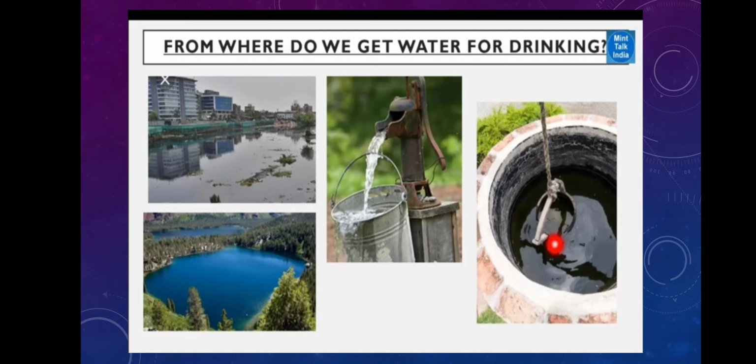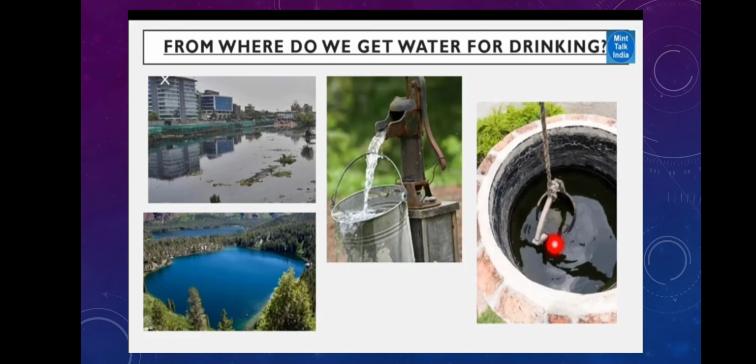Here are some pictures given over there. These are the several sources of drinking water. A few persons are using river water or the pond or the lake water for drinking, but both these waters are gradually becoming dirtier, polluted. We can use the tube well water or the well water. So these are the natural sources of water, the rivers, lakes or the pond, and hand pumps and the wells are the human made or man made sources. So if the question comes what are the man made sources, you can write hand pump or the tube well, because these are made by human beings.